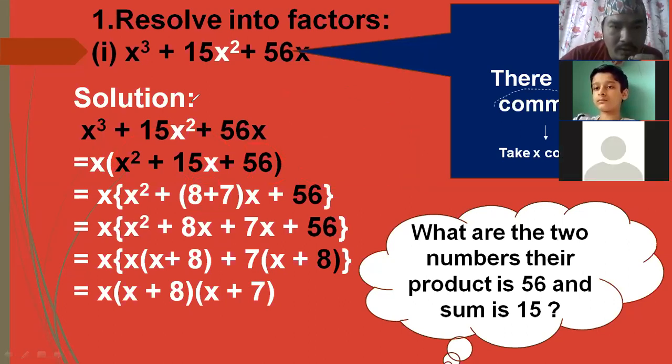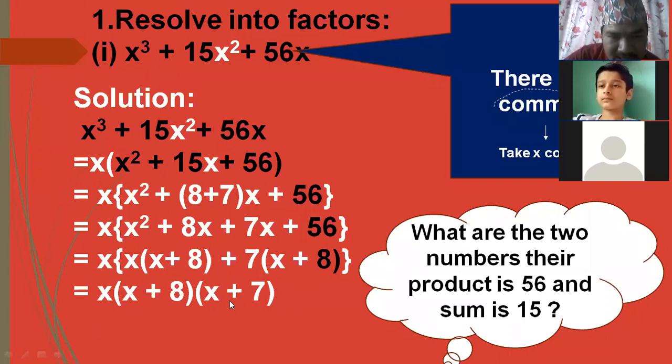Okay, sir. Now when you remove the bracket, this will be 8x plus 7x plus 56. Now there become 4 terms inside the curly bracket. Then we have to take the common of these two terms. Then x is common from these two terms, and x plus 8 remains in the bracket. And 7 is common from 7x and 56. 7 is taken common, x plus 8 is left there, because 7 times 8 is 56, right? Then x plus 8 is common, then x plus 7 is remaining in the bracket.